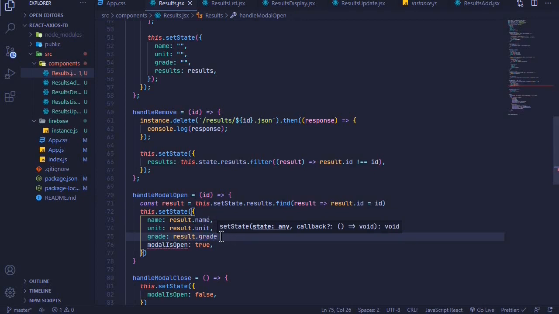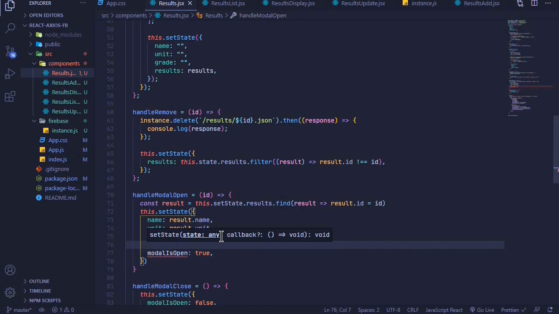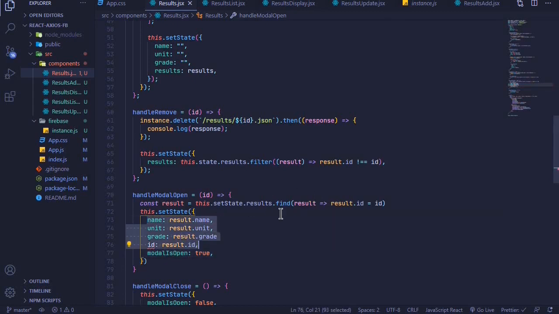Also we can pass in the id, so id will be result.id, and perfect. So now this will update our form values with that particular result that we are trying to update. Also here there is a comma,